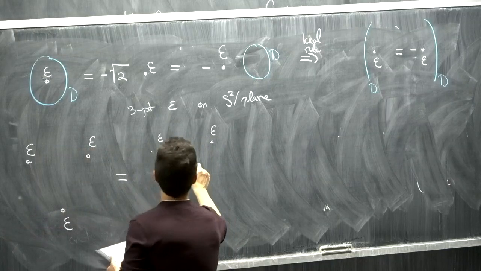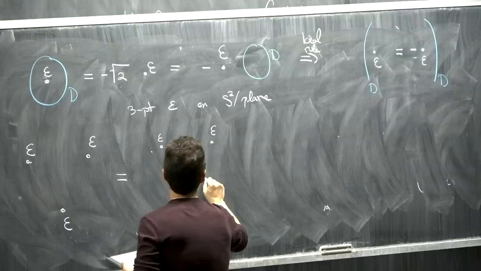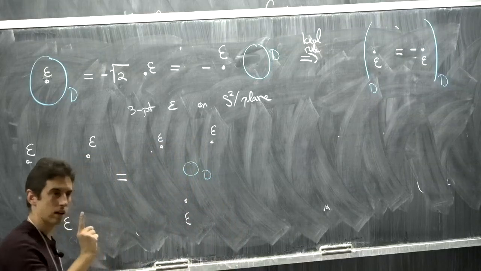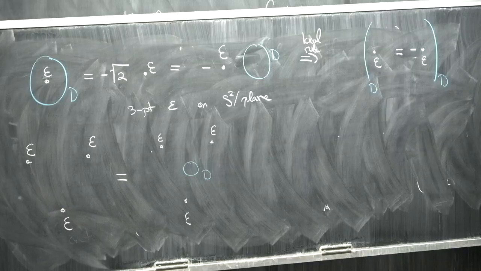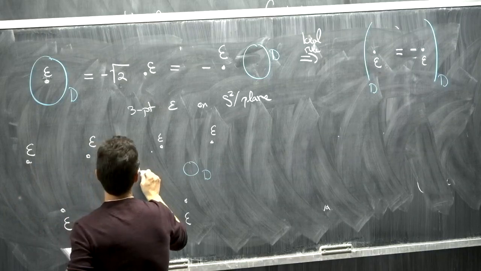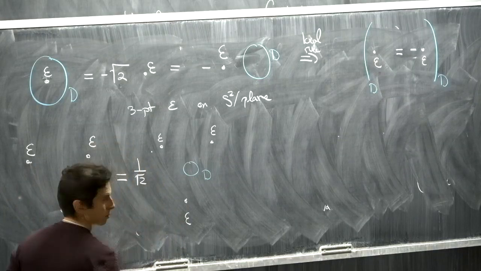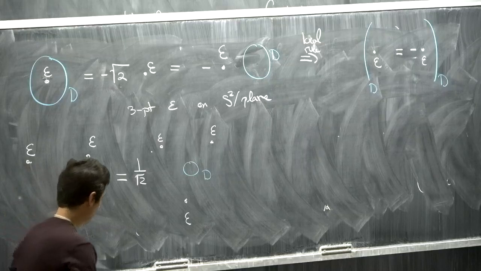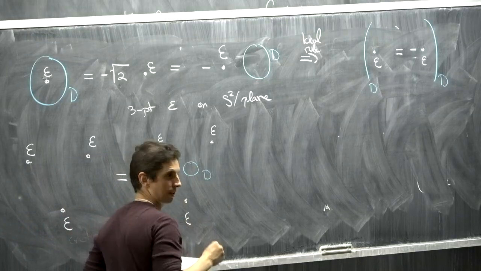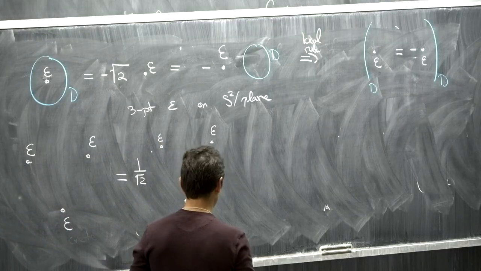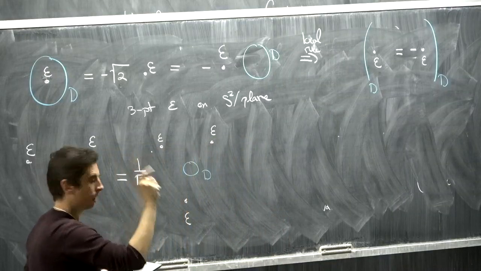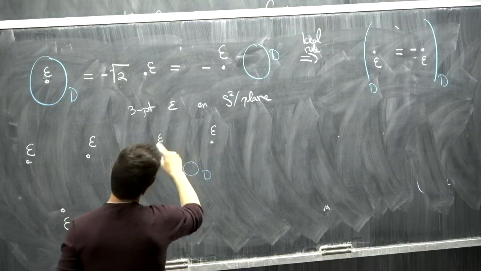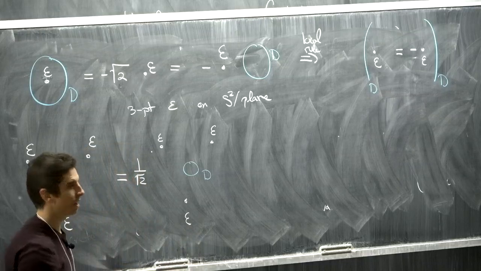So first thing I do is I nucleate a little bubble of D. Now that doesn't quite cost me nothing. It costs me that square root of 2 that I put there, so I have to divide this by square root of 2. These pictures are equal, though. What that means is that they're equal in correlation functions, which is what we're manipulating right now. Now I grow the bubble, and I want to grow it in particular past the epsilons. Each time,